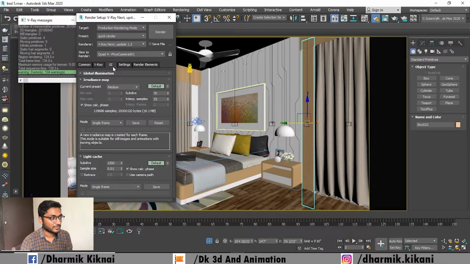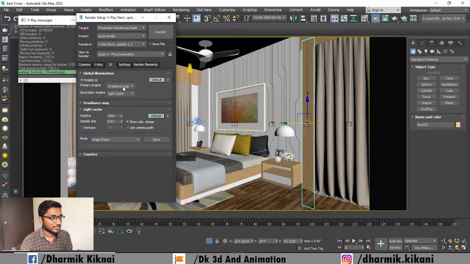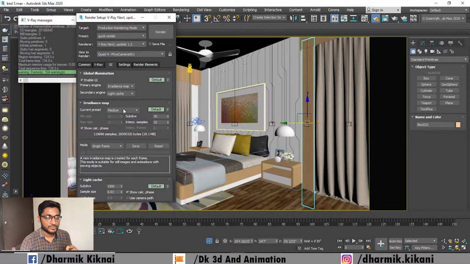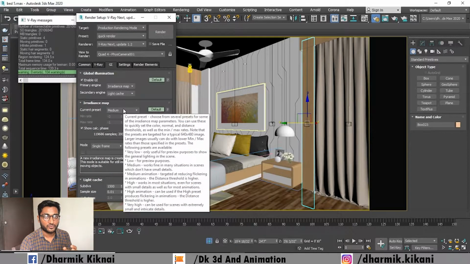Next one is GI. You need to turn it on first. Primary is irradiance map, and as a secondary engine you need light cache. When you take these two, you have two options. Click here. This also shows the quality of your image.